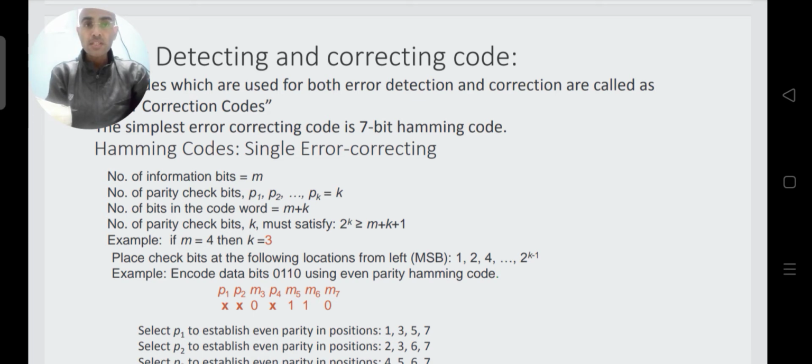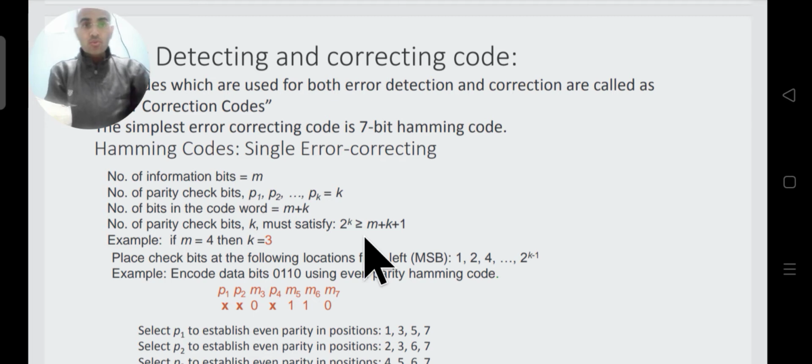The simplest one is the 7-bit Hamming code. So let us say the message has m number of bits. So the number of parity bits which we will require will be how much? It will be given by this formula.